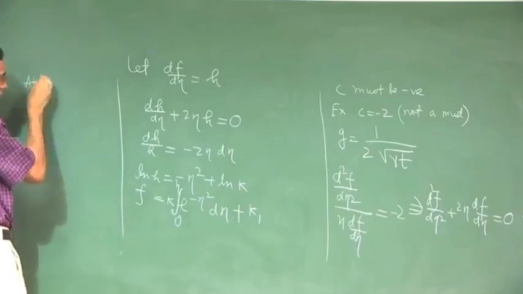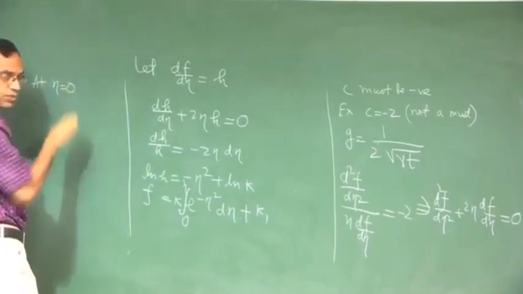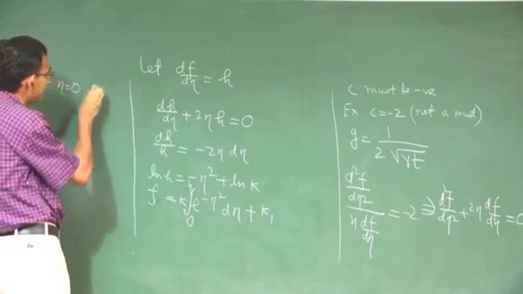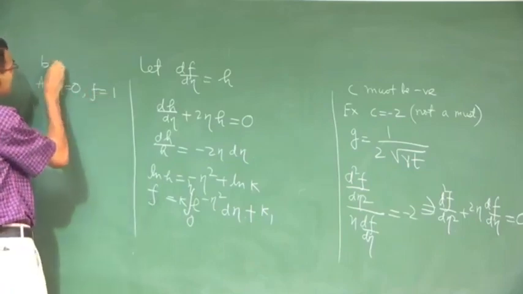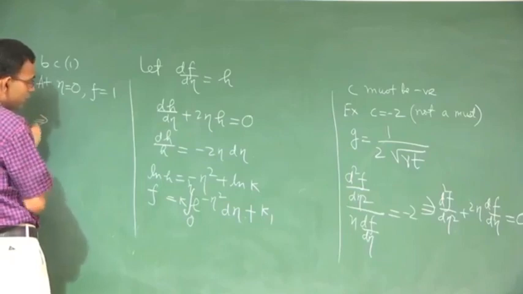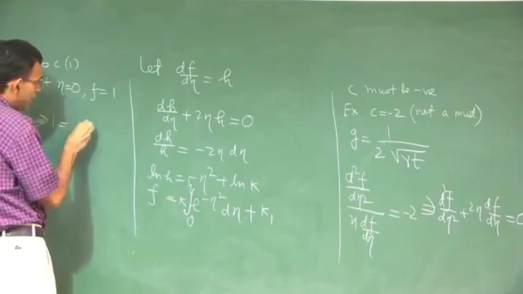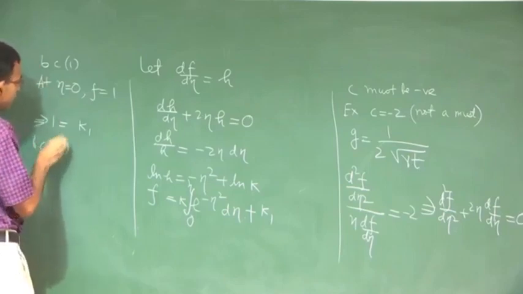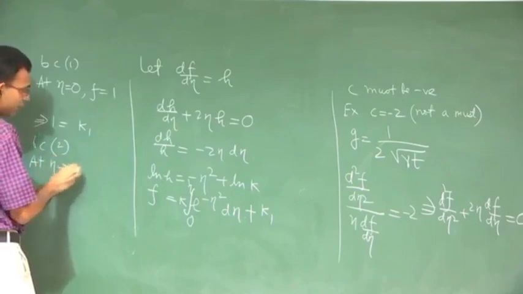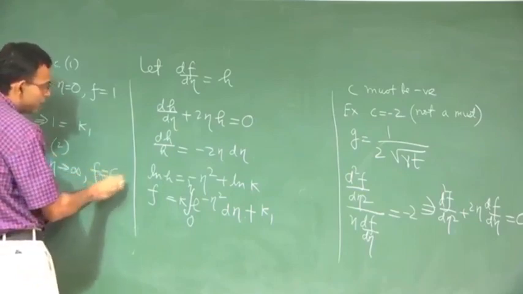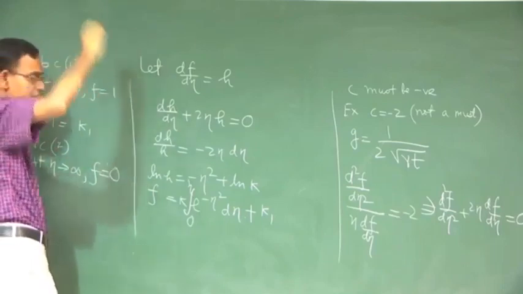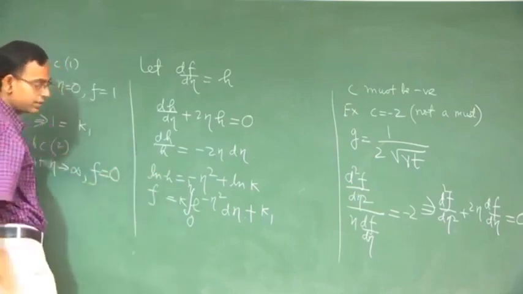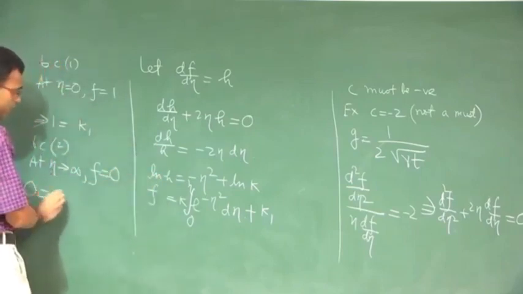What are these? The first one is obvious, at eta is equal to 0, that is y is equal to 0, you have u equal to u0, that means u by u0, that is f, which is equal to 1. This is boundary condition number 1. So, you have 1 is equal to k1, right. Then boundary condition number 2, at eta tends to infinity, you have f equal to 0, because the fluid at infinity does not understand the effect of the solid boundary. So, if it does not understand the effect of the solid boundary, then 0 is equal to